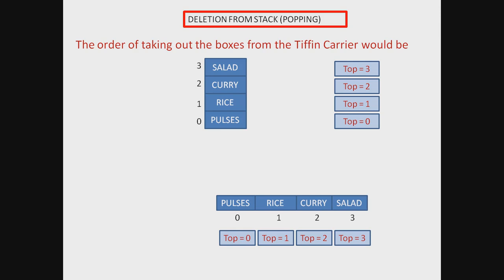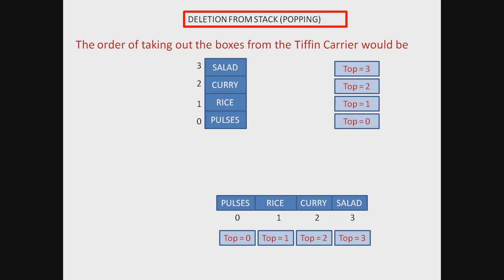We cannot take any box below salad without taking out salad first. Salad's box would be taken out first, then we will take curry's box out, then rice's box, and then the pulses box. So the order of taking out things, that is deleting things from a list, is just opposite to the order of inserting things in the list, that is pushing things in the list.